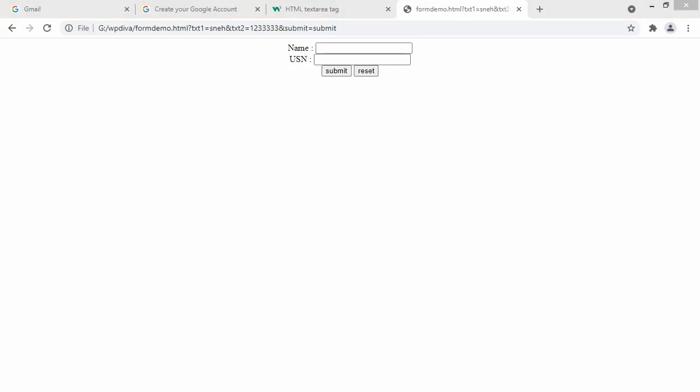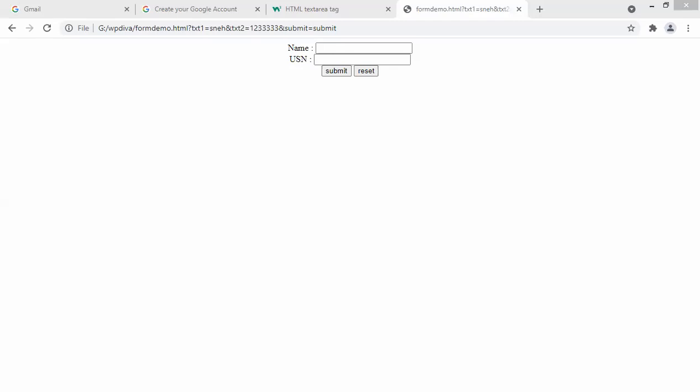Now say we will work with more parameters. If I take action, the action part is not there in your syllabus for the second semester. Where to send this file to create the backups is not there for your second sem. You will study that in the coming semesters: where to save the data and how to access the data from the database. We don't have a database part right now in your syllabus, so we will not go to that part. We will learn only what is there in your syllabus.